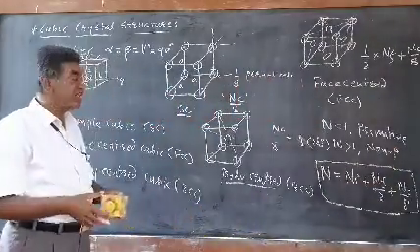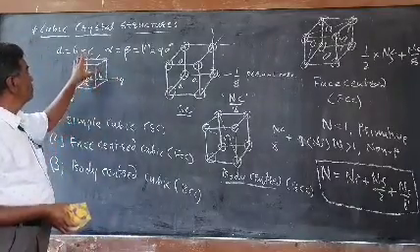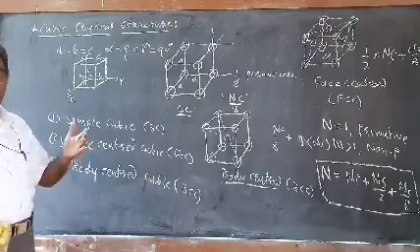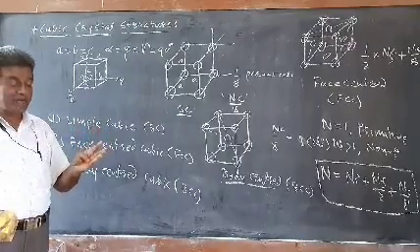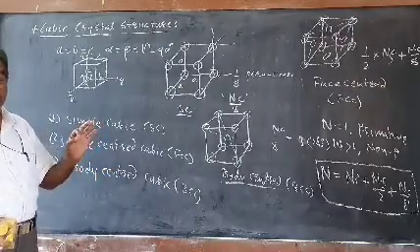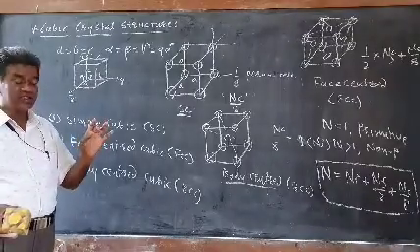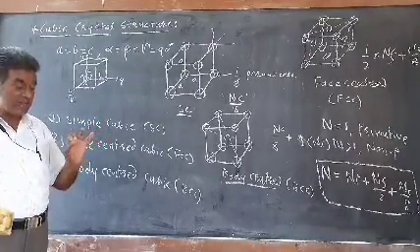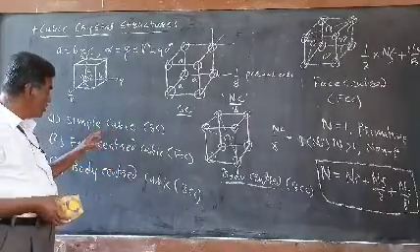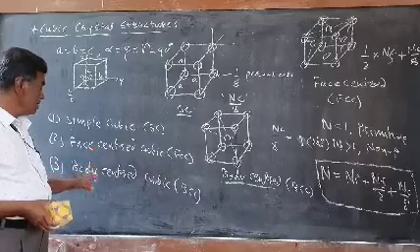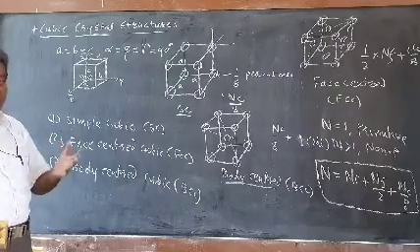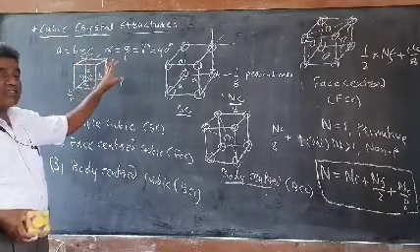So in the next lecture we will see the details of the simple cubic structure. In this we have to determine the parameters: first, the number of atoms per unit cell; second, the relation between the radius of the atom and the lattice constant; third, we will determine the coordination number; and lastly, the fourth factor, the packing fraction. So in all these structures, simple cubic, face centered cubic and body centered cubic, we determine those 4 factors in detail. So this is regarding the simple cubic crystal structures.